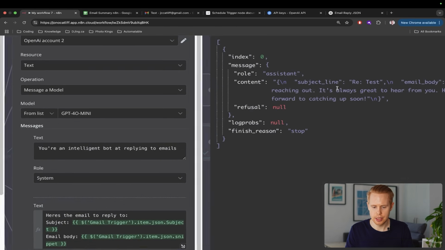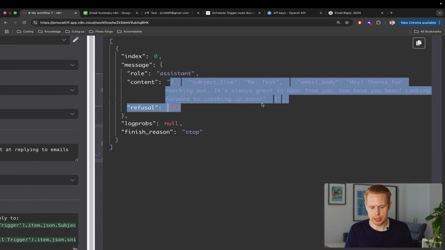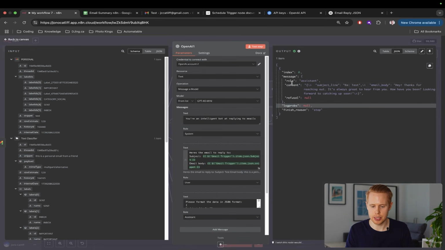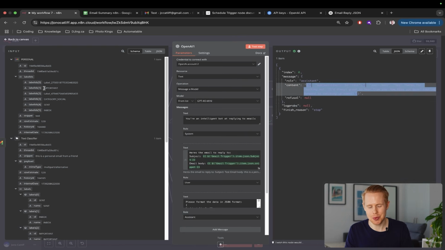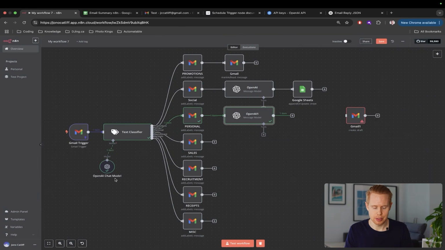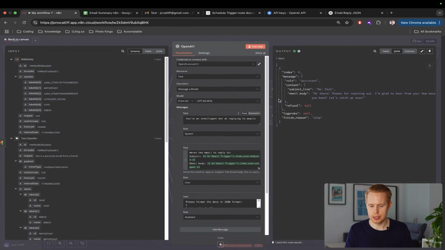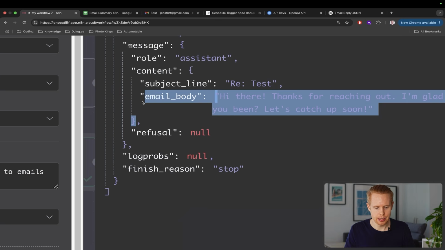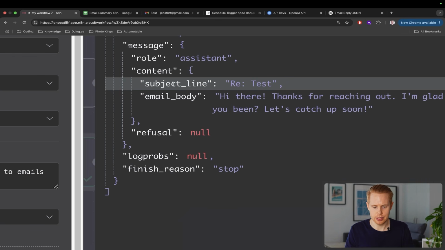We can take a look and see the response. And this is actually giving us text back, which is not good because we don't want JSON data in text format. We want JSON data like this, so we can click and drag and drop it in, but this is combining multiple things into a text. So these are multiple data types that you're mixing into each other. How we remove that is we just output the content as JSON data, and instead of it coming back as JSON data in text, it's going to come back as actual JSON data. So we'll go ahead and test this one more time and then look at the response. And now we have this beautiful JSON data